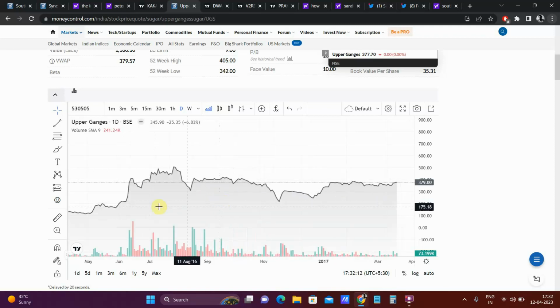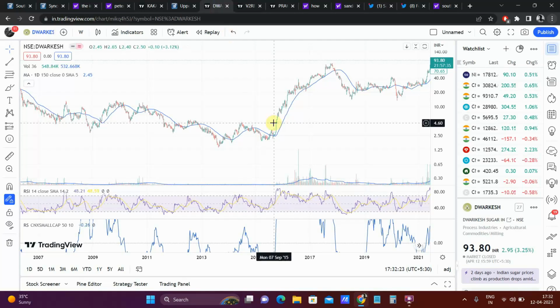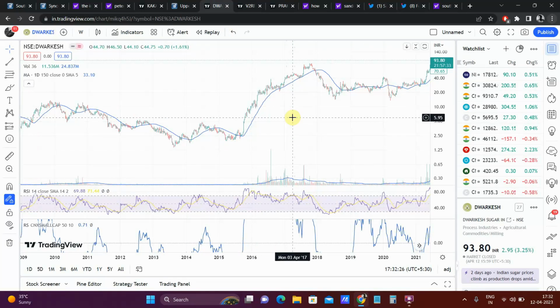So Upper Ganges, you can see this is a daily chart. It went up like crazy from 220, it went up to 350, 380, right? So it went up 60, 70% continuously. So this one, and then once I booked out there, I bet on something like Black Sugar, which went up